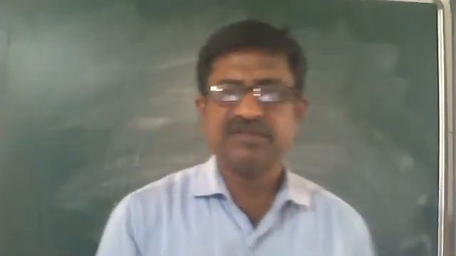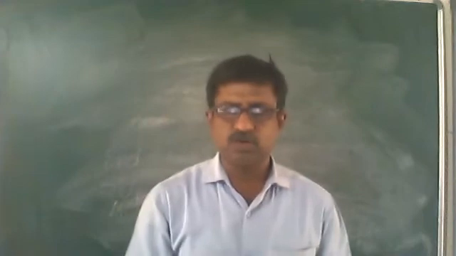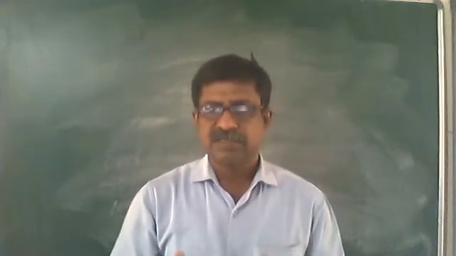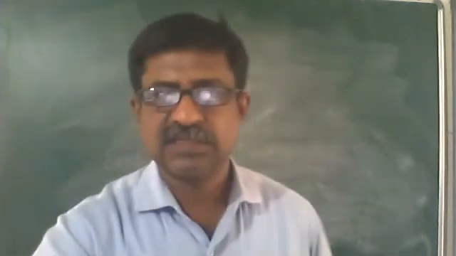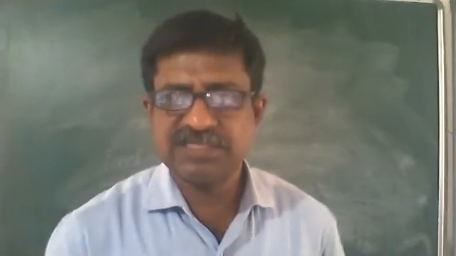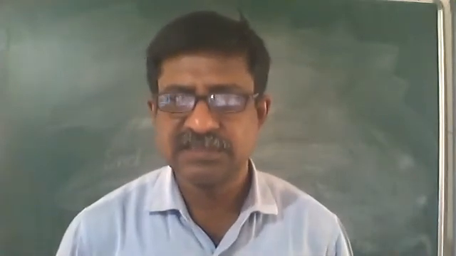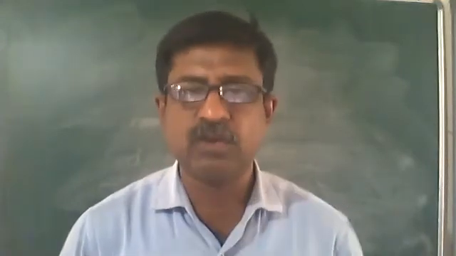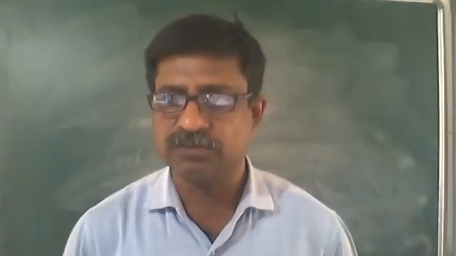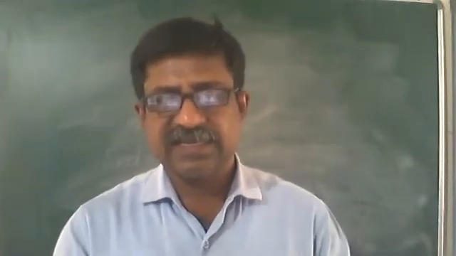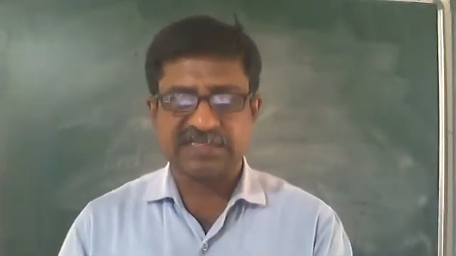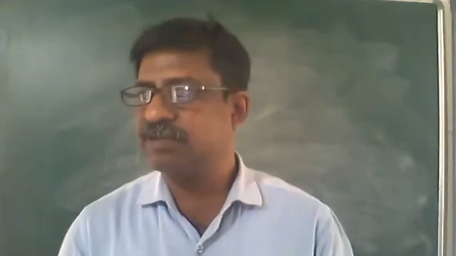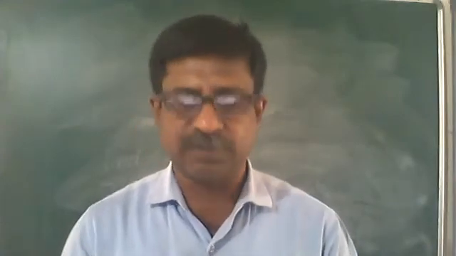Good morning, everyone. We were doing the topic rational numbers. There are two definitions of rational numbers. The first we have done, that is a number in the form of p upon q, where p and q are integers and q is not equal to 0. Second, a number is said to be rational if it has a terminating decimal, and if it is not terminating, then it should repeat. These are the two definitions we have learned.